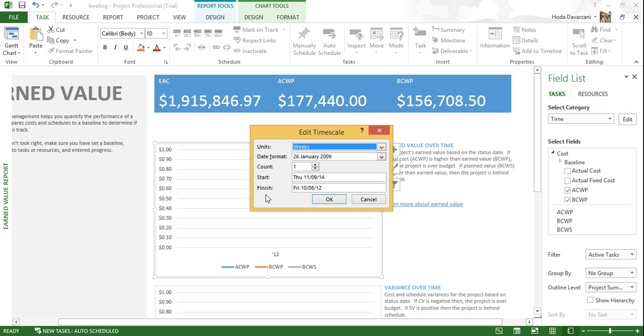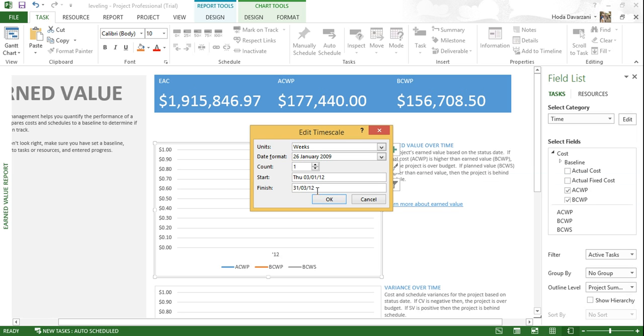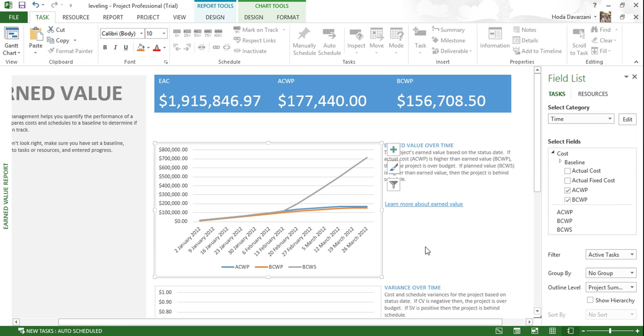Click edit, and now we can change the duration of this report from 3rd of January 2012 till end of March. And then we want the unit of time being weeks. Okay, this is what we have here in terms of a graph comparing what we planned for the earned value during this time of the project,